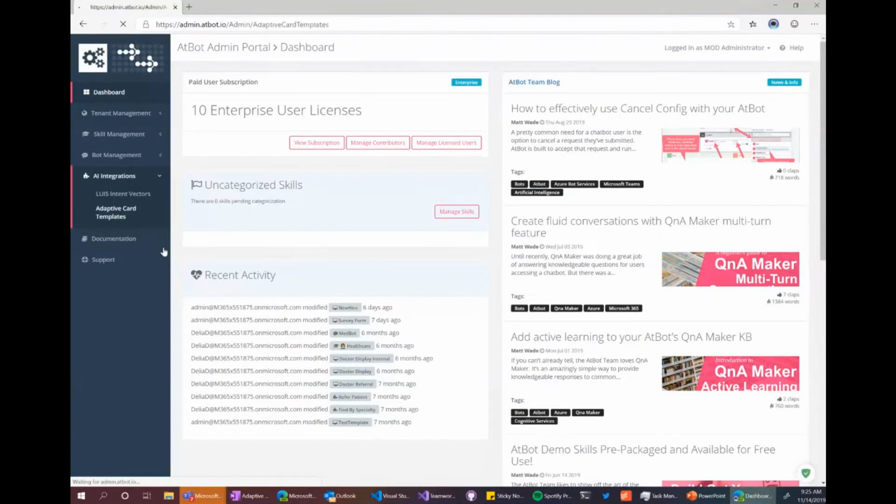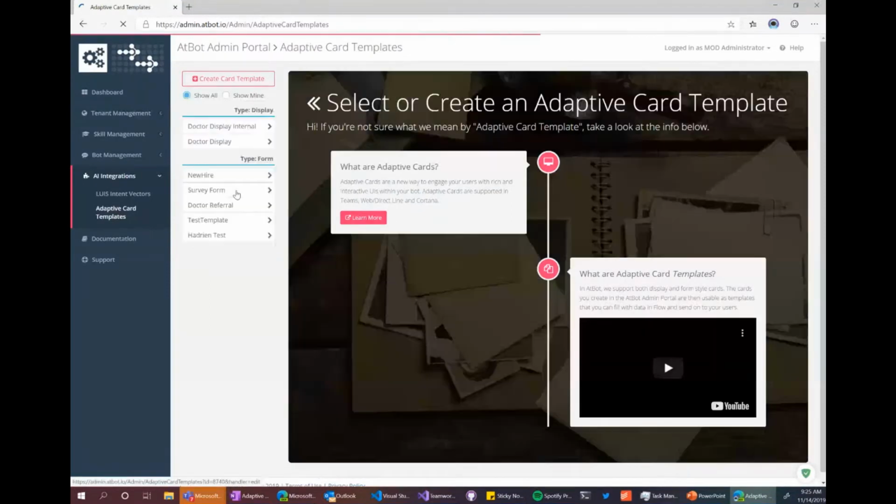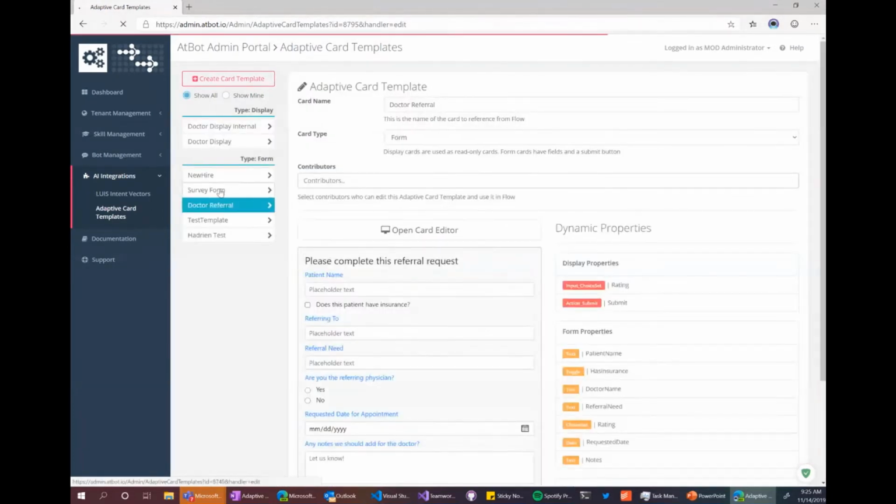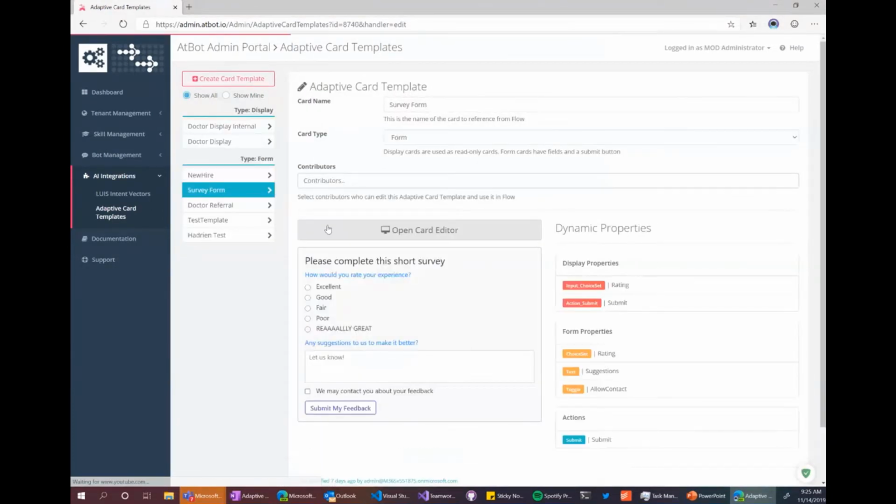And so what I love about what I'm showing here is this is a company, AtBot, who's also been a huge partner with Adaptive Cards. They add a low code bot development platform on top of Bot Framework. So you have to be an AtBot customer to use this, but I like to demo it just because it shows how simple and powerful this really is.